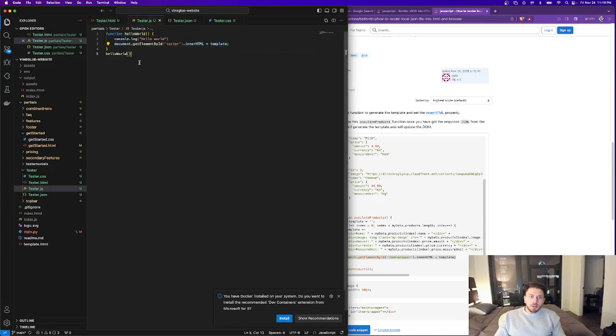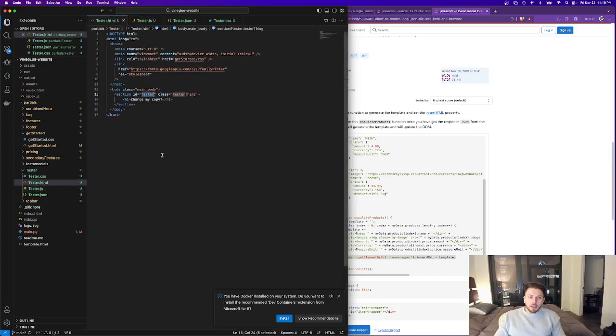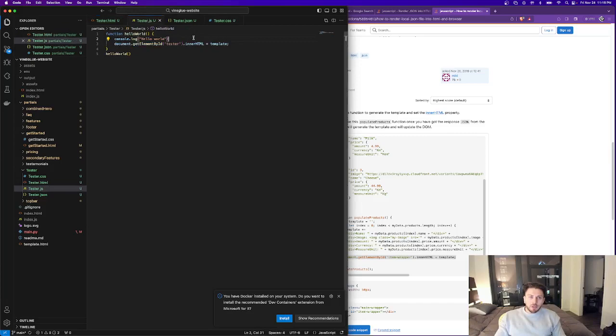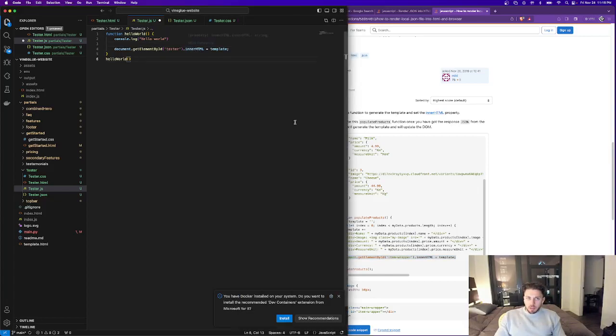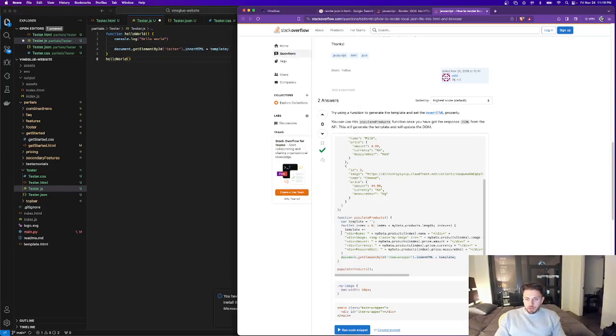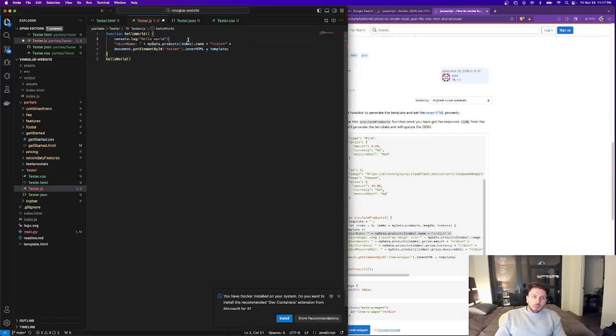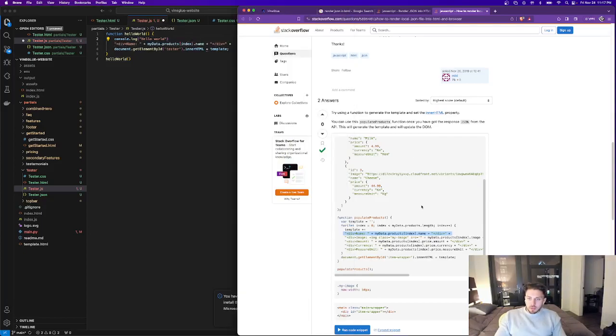So here we're calling the DOM to get this div, this section element, and we are going to render data here. So we're grabbing the inner HTML and we can arbitrarily put our own. So in this case, we want to put,